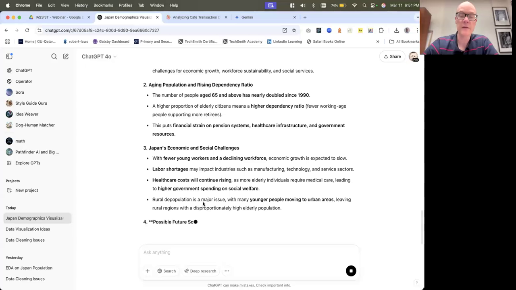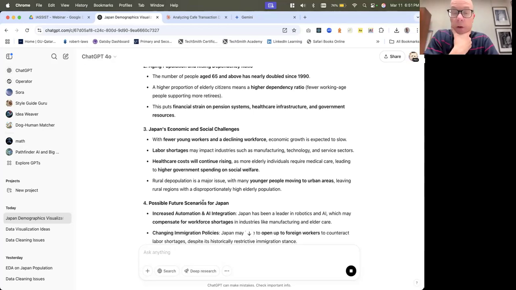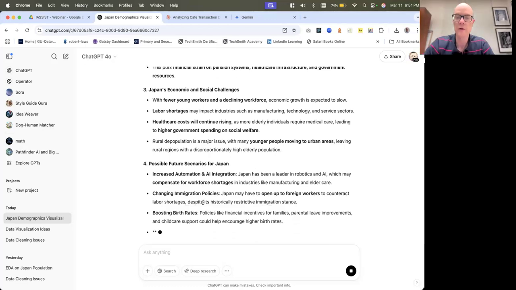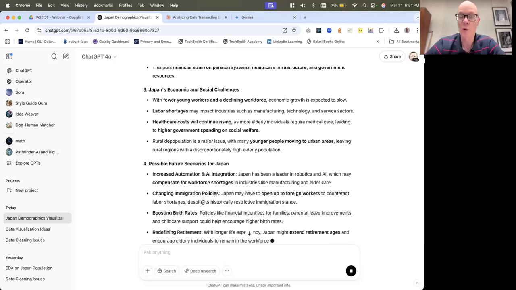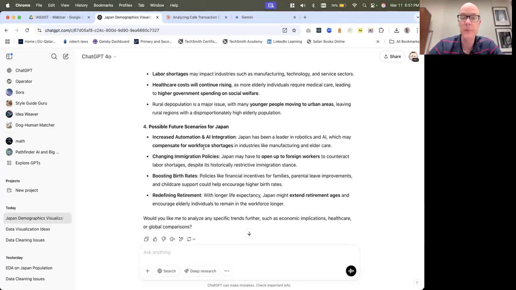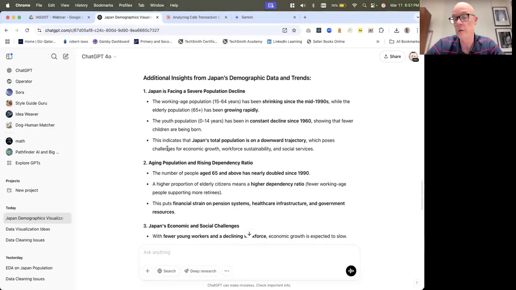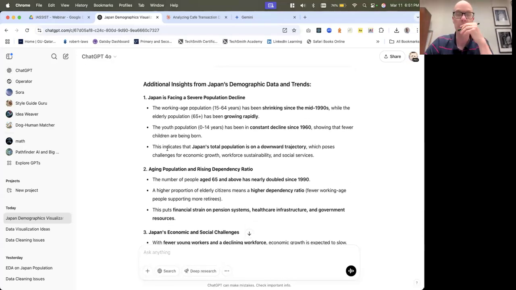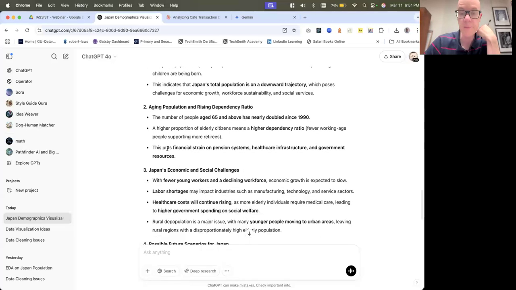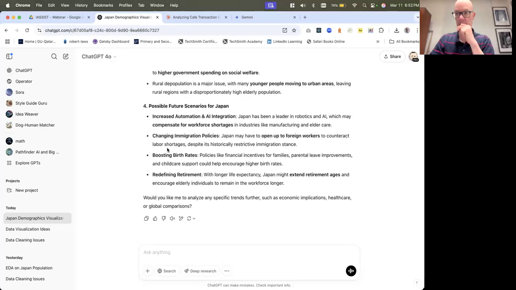So this is good. This is exactly what students I work with can use this tool for. So it's not actually doing the research for them. And the way that we teach it here at the university is not to have it do your work for you, but to help you brainstorm, to help you explore the topic and the data, and bring up avenues for further research. And you can see it's done that fairly well. Now, I would do this in a little bit more systematic way, but this is good just to give some demonstration of what it can do.